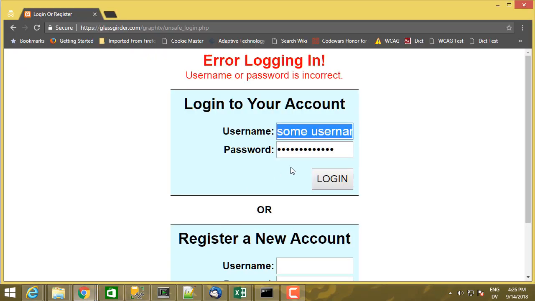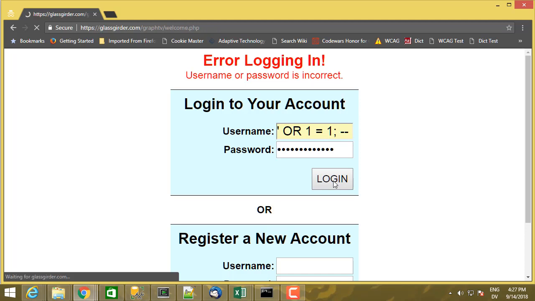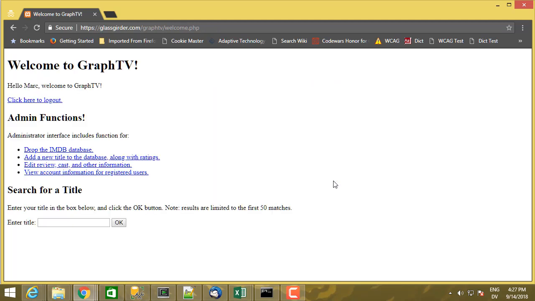So I'm going to leave the password whatever it was, but for username, I'm going to type in single quote or that thing. And this is a really common thing that people will try for injection attacks. And then if I hit login, I'm in. Now you'll notice that it logged me in as Mark, and the reason it logged me in as